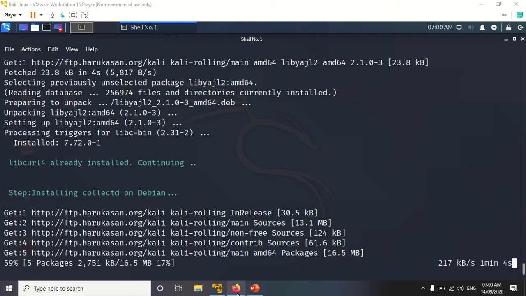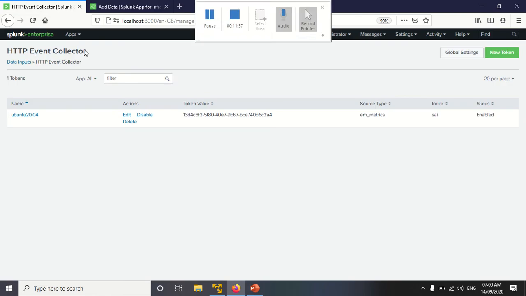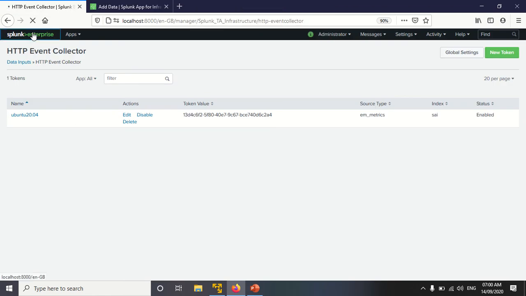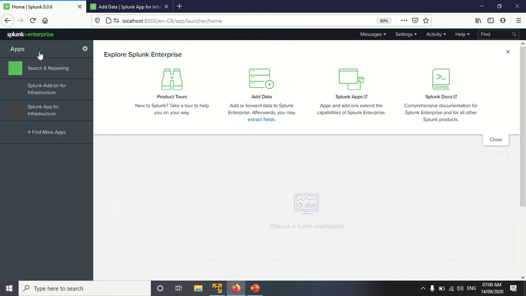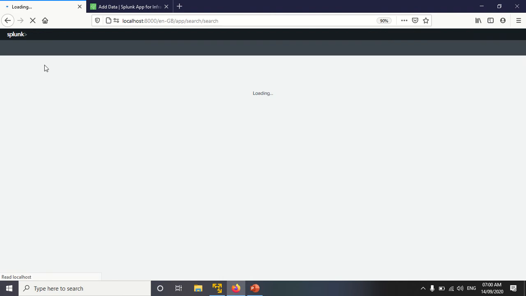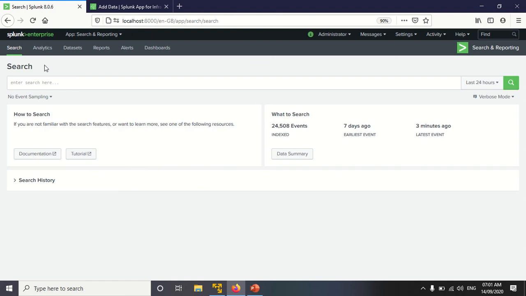I have already added one of the hosts here, which is called the Ubuntu host. This host I have added using the Splunk app for infrastructure only.